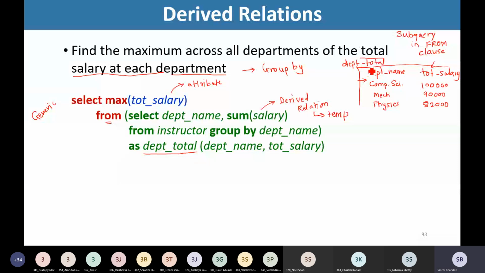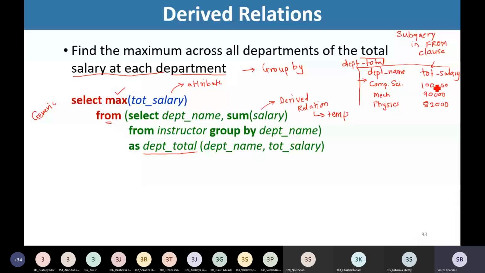This is name of the relation, derived relation, which is temporary. We are creating in the from clause. Right? Now, we are having this relation as per requirement, and what is needed is we want to find out now maximum of this column, total salary, right? So simply we are making use of another aggregate function max. In parenthesis, the attribute total salary.